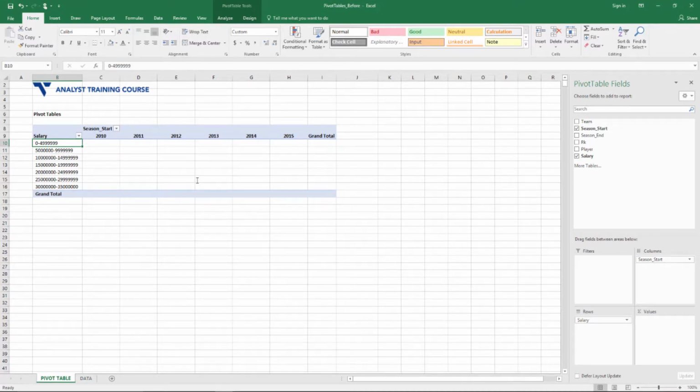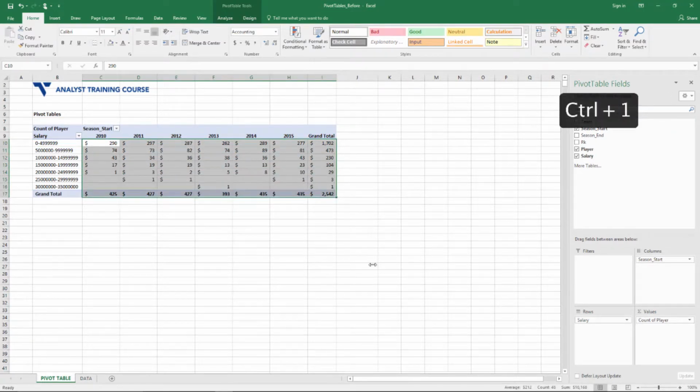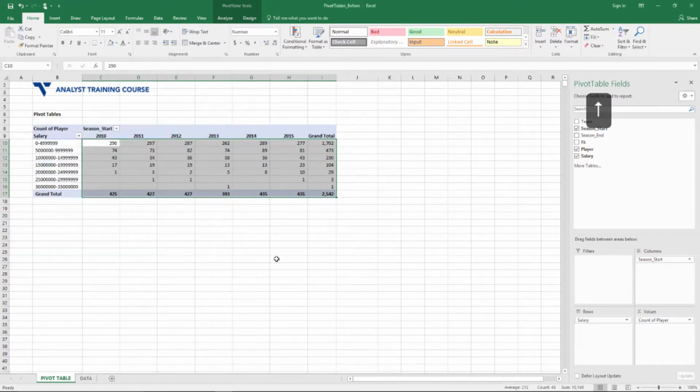So what I can do here is come over and bring in the player name and drop it into the values. And what that is going to do is give me the count of players. And I'm going to just quickly format this and change this to the number. So this is going to give me the count of players by season start that fit into each one of these buckets. So what this means is that in the 2010 season, 290 players earned between 0 and